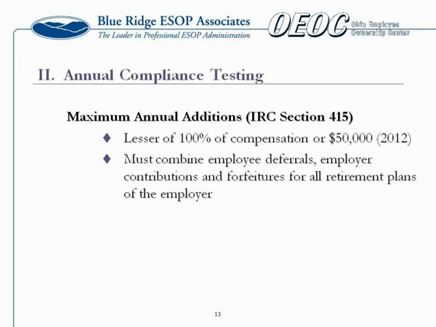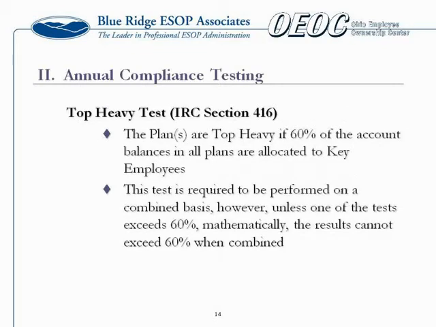So moving on here to the next compliance test. Honestly, this one, it's rare that we see a failure here. The definition that we use in this top-heavy 416 test is the key employee definition that we covered, the one with the officers over 165 and the 1% owners over 150, and of course the 5% owners.